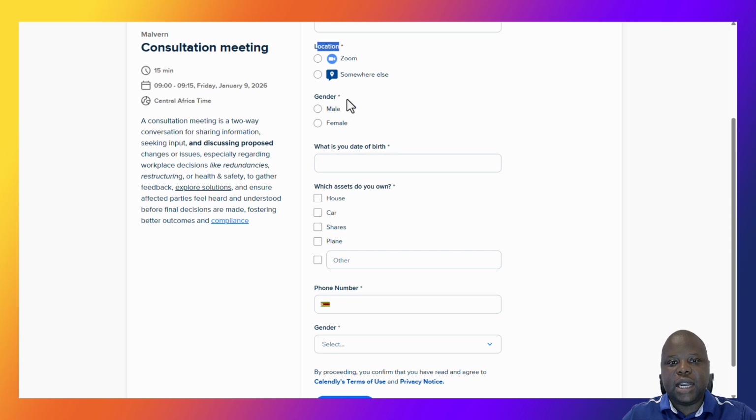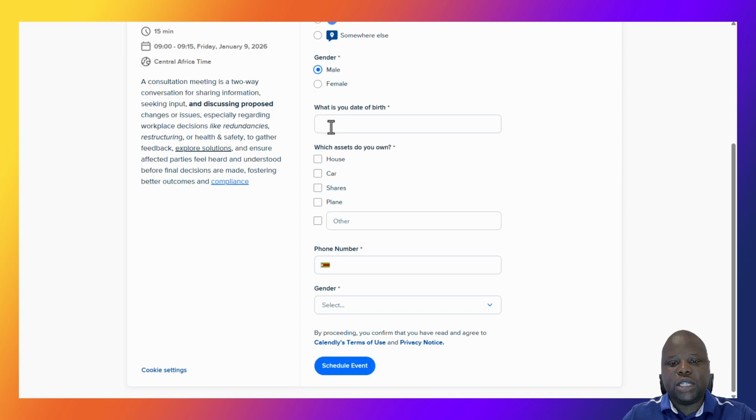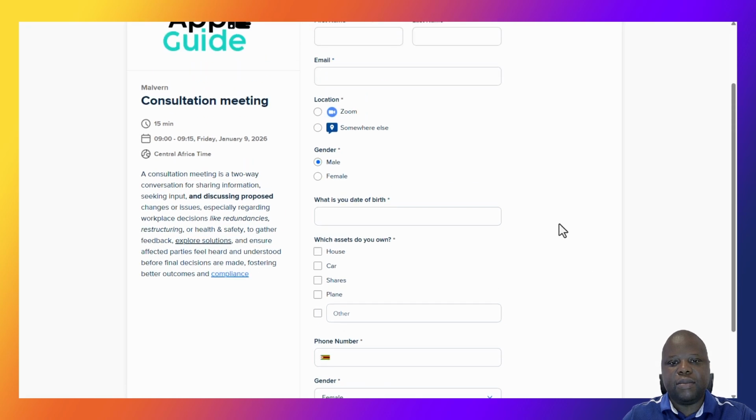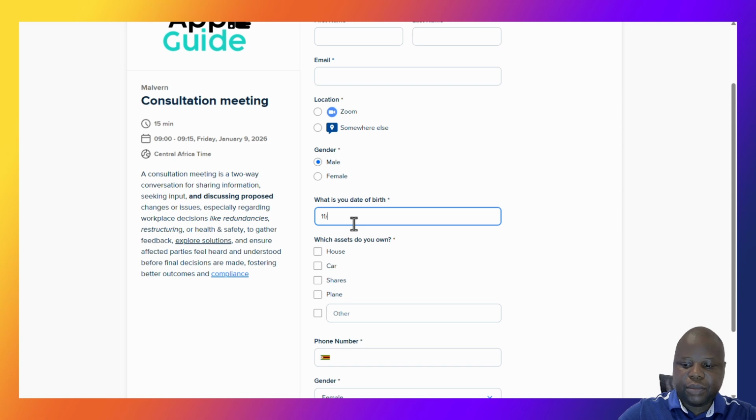Notice that the gender here is using what we call radio buttons. To show that this is a required field, you will see a star there. If there is no star, it means it's not a required field and the person can skip it. Also notice that the gender can be put there as a drop down. You can choose male or female as the drop down. Your date of birth can be typed there to say,